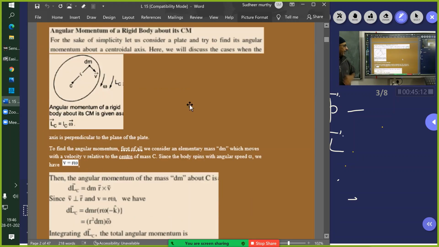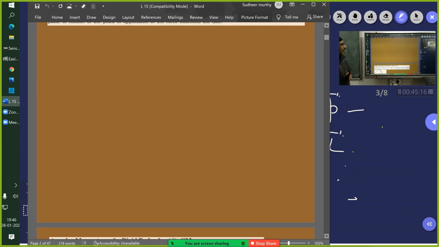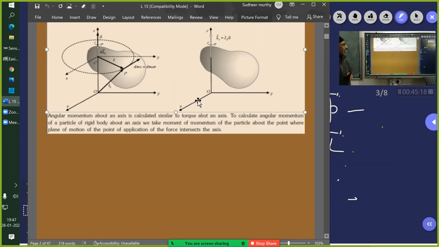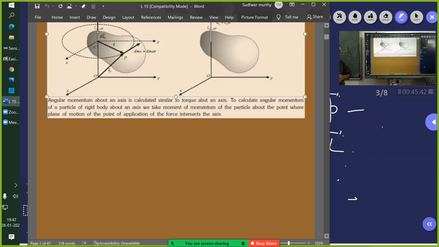Now, angular momentum of a rigid body about its center of mass. Here I have just chosen some arbitrary point to define this concept. I did not say that C means it is the center of mass. I did not mean anything like that. It's just an arbitrary point to give an understanding of how the angular momentum of a body has to be considered. If we know the angular momentum of a particle, then from that how to go about doing this. That's it. Now